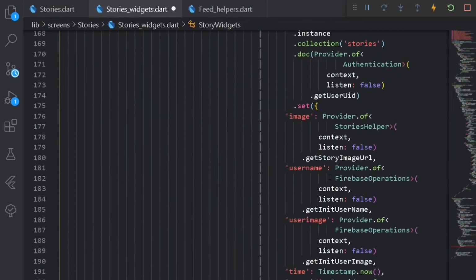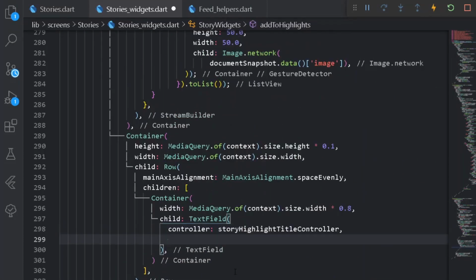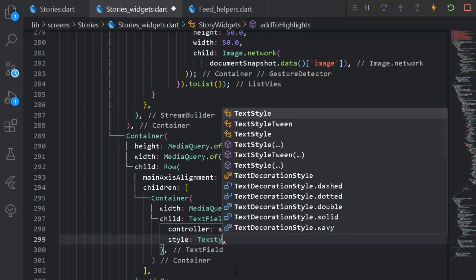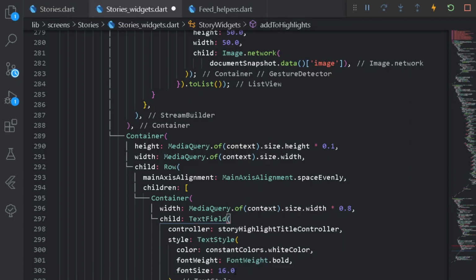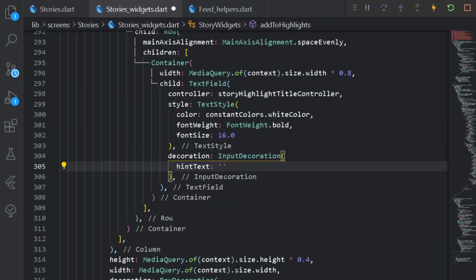Alright, so once we have done this, let's go at the bottom, and here let's have the new controller, title controller, and after that let's have some styling to it for a text style, and after that some decoration for input decoration. Under our input decoration, first of all we shall require a hint text. Under hint text I can simply have add album title.